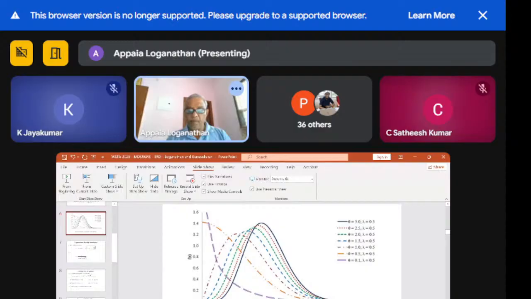You can see these are the graphs showing the behavior of the probability density function of the exponentiated Rayleigh distribution for fixed lambda and for varying values of theta. As and when the value of theta keeps increasing, you can see that the distribution has a long tail on the right side. It is more skewed, and for this kind of distribution, the decision based on the